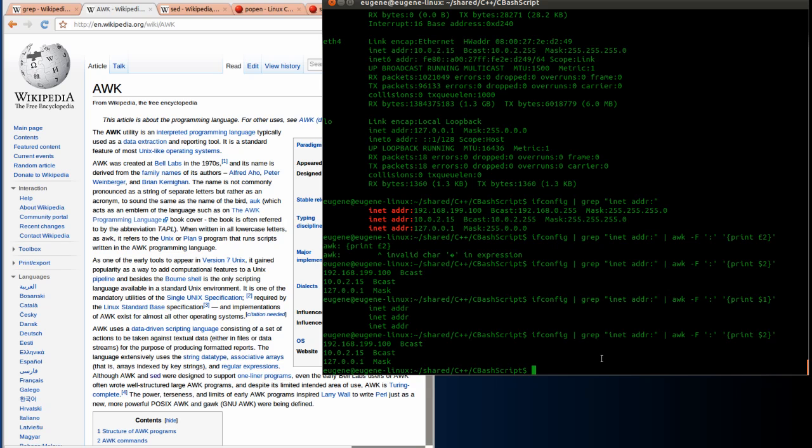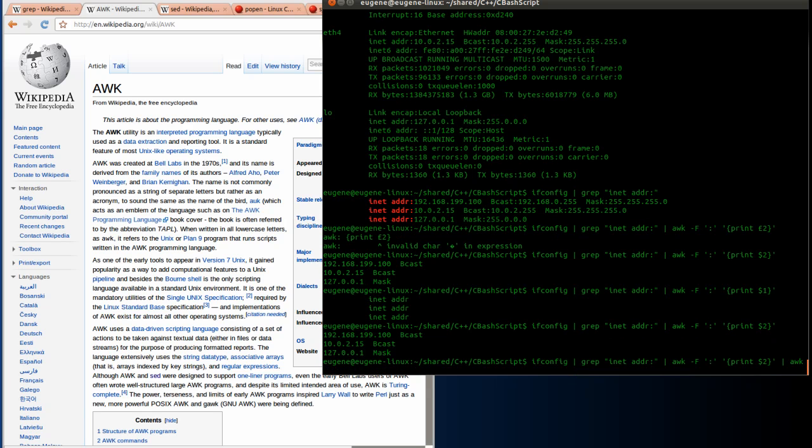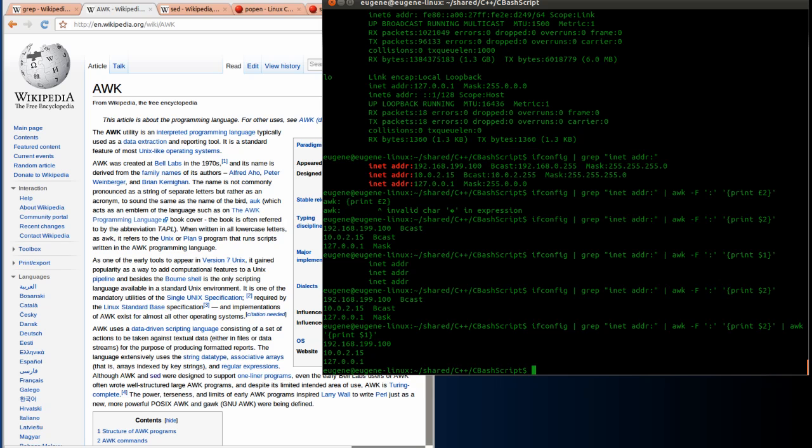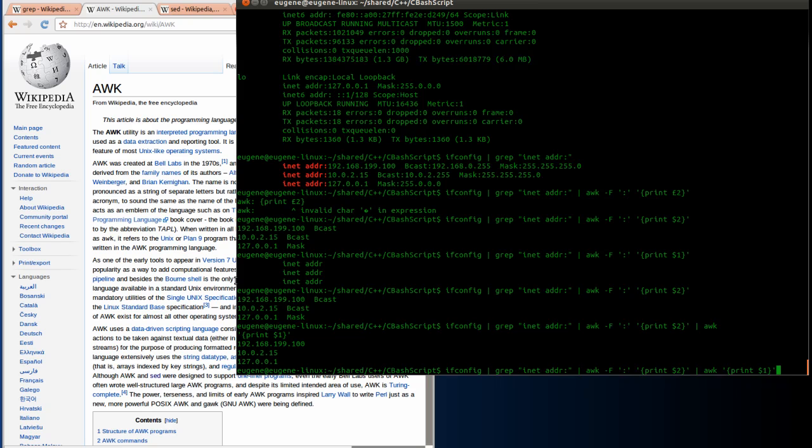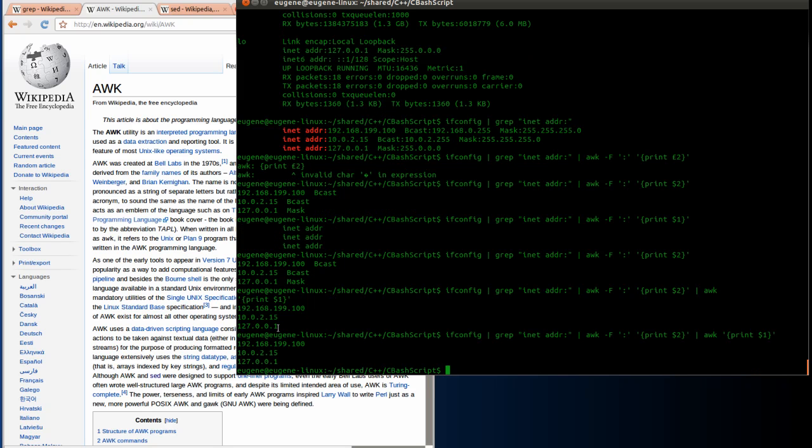So what we can do next is to try to use awk. From this we want to output just the first column. So let's print the first column, and what we have now, okay, is that it prints just that column. But what about these two here? Okay, well, maybe we can explore a little bit